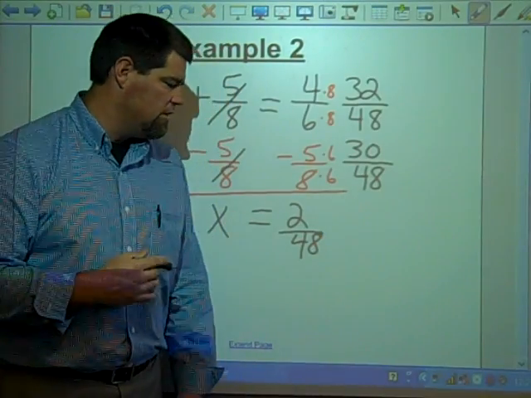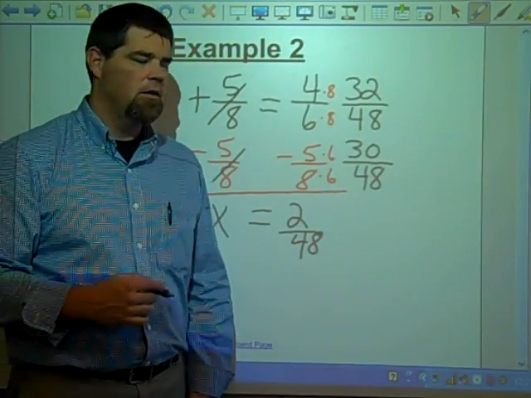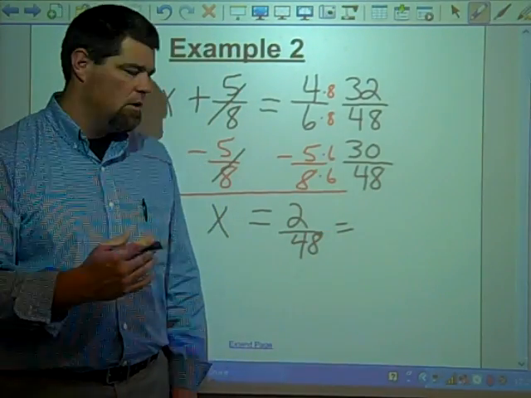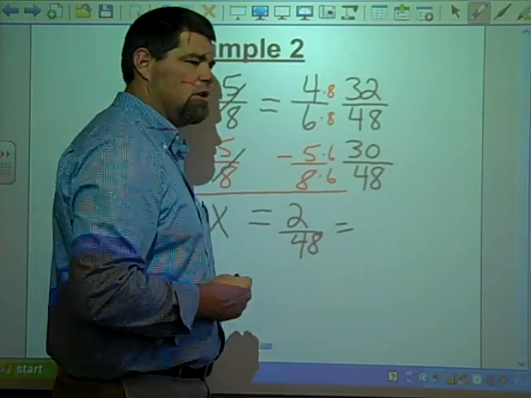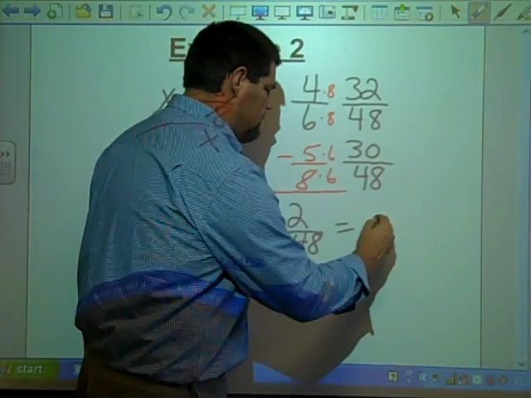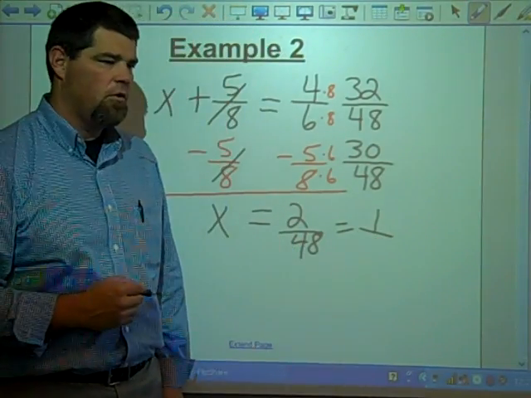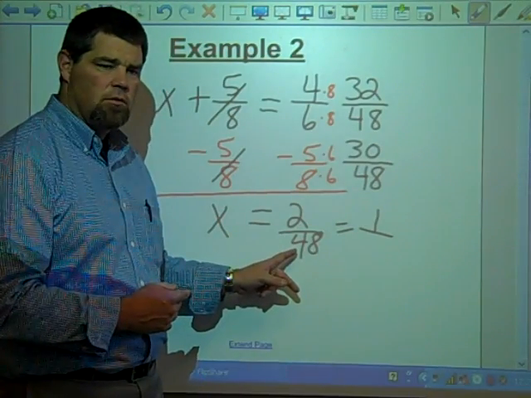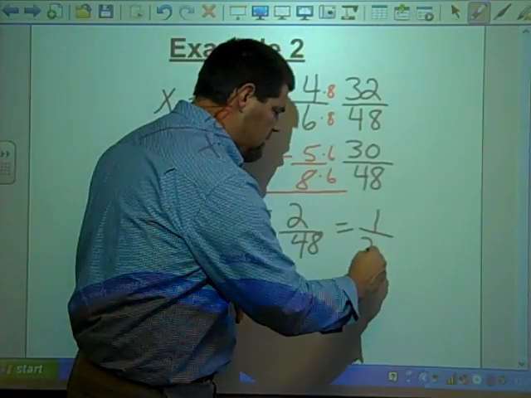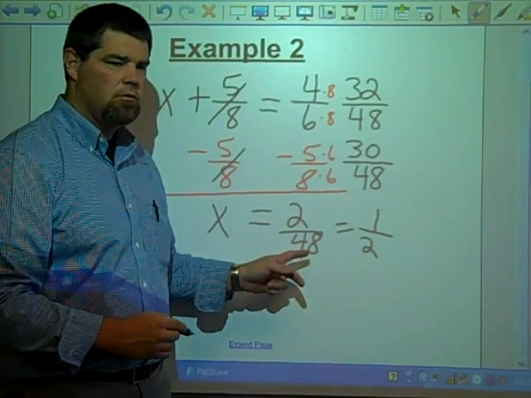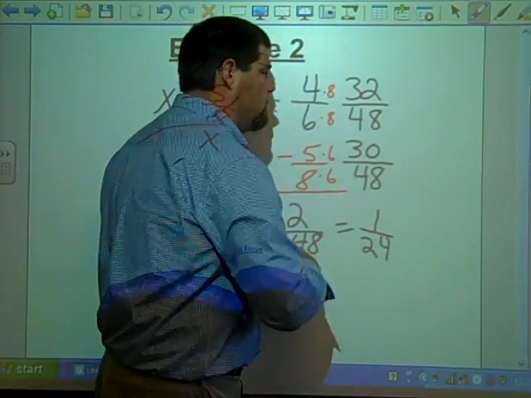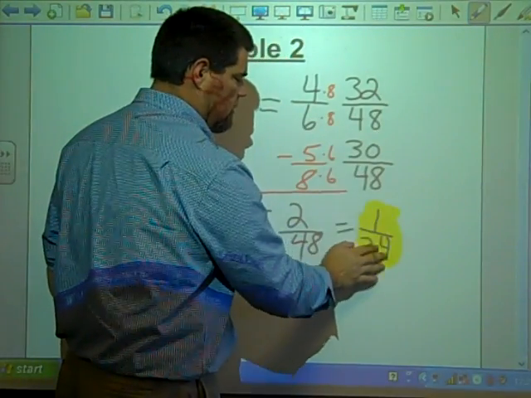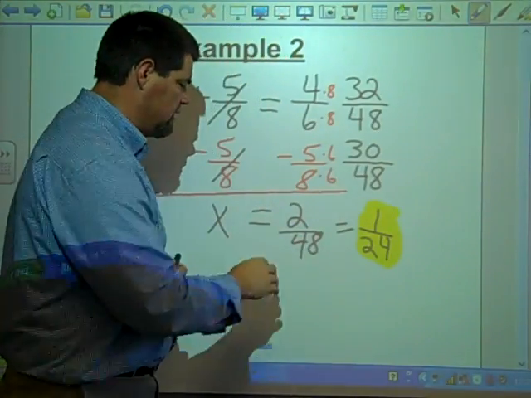Now this one is not in simplest form, so we're going to simplify it. What's a number that will go into 2 and 48? 2. 2 goes into 2 how many times? 1 time. And then 2 goes into 48. If we don't know that, well, how many times does 2 go into 4? 2 times. How many times does 2 go into 8? 4 times. So our answer is going to be 1/24 in simplest terms. Or if it doesn't ask for it in simplest terms, then your